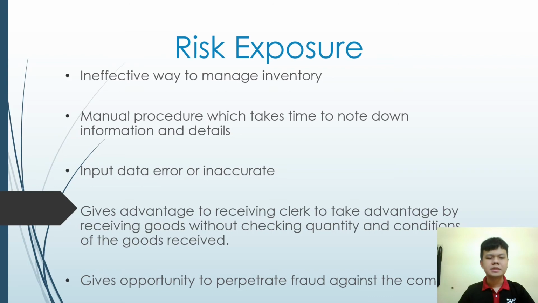So the fifth risk is that too much authority or responsibility is given to the accounts payable clerk to record bookkeeping for the supplier and be in charge of the cash disbursement process, which gives the accounts payable clerk an opportunity to perpetrate fraud against the company or business that is difficult to trace.